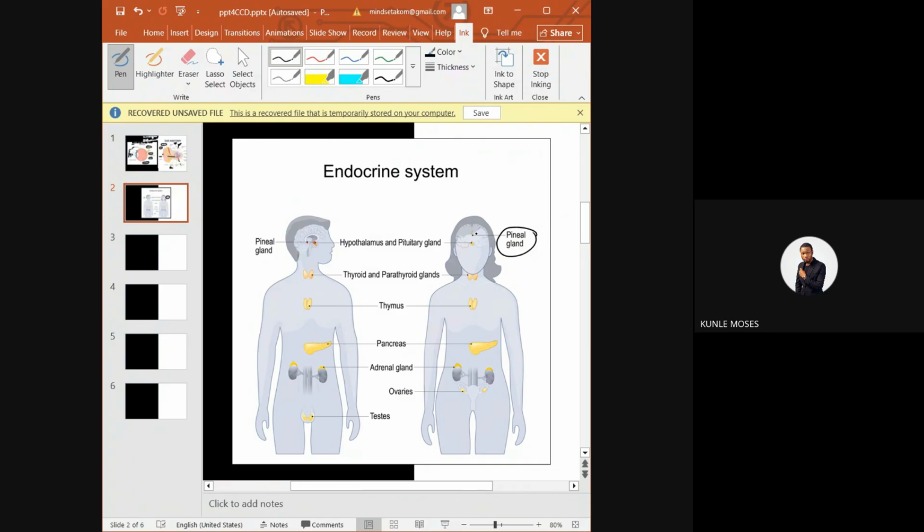And it's very important because what the pineal gland does is that anytime there's a need for high metabolic activity, or probably there is a need for digestion, or there's a need for some important enzymatic activity, and you are working too much, the hypothalamus will tell the pituitary gland to tell this pineal gland to release melatonin into the blood, or else you will not be able to carry out digestion properly. You need to sleep because there's some digestion that cannot be actualized perfectly if you are fully awake.